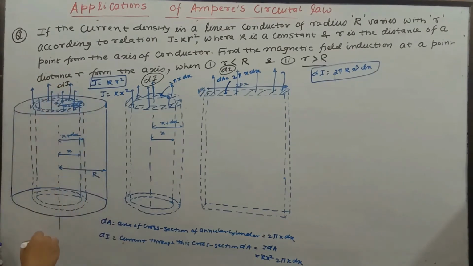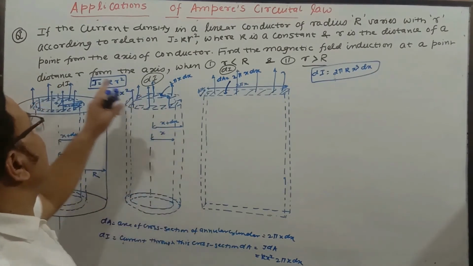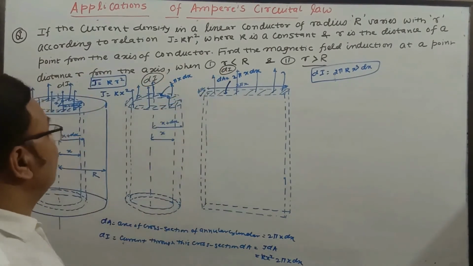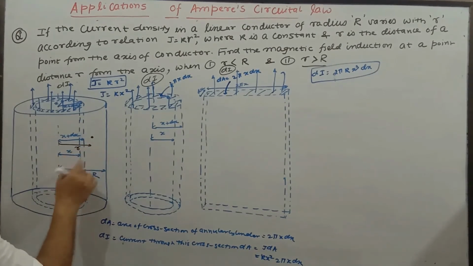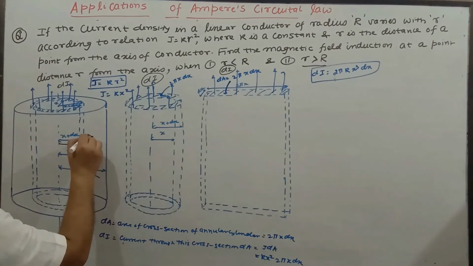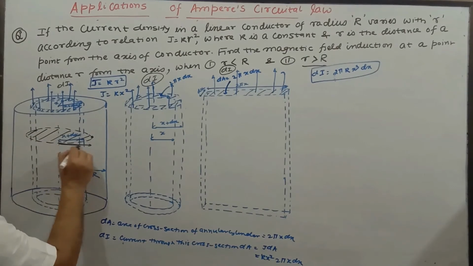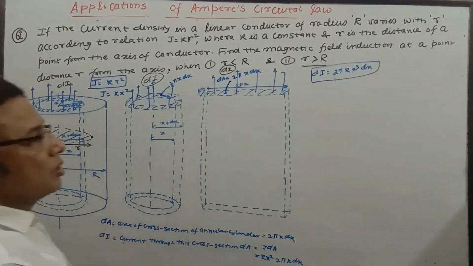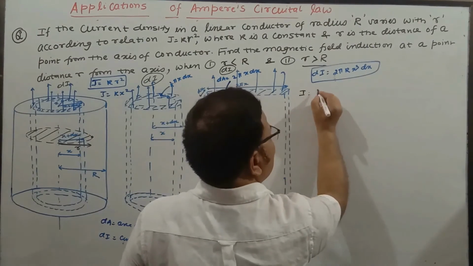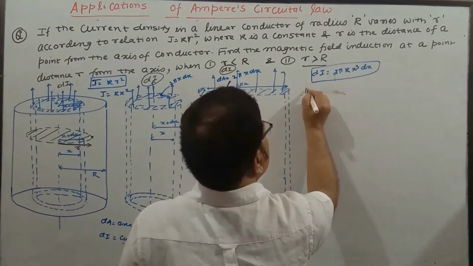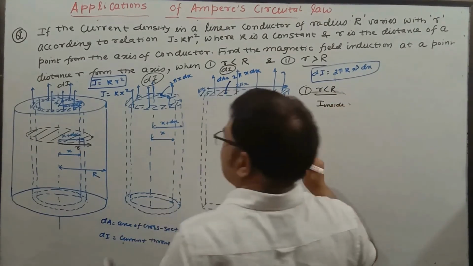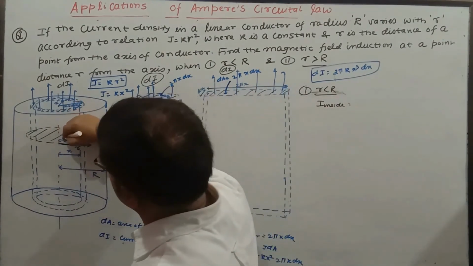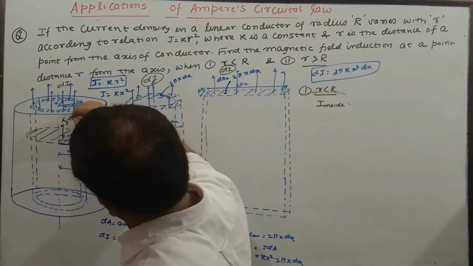But what are we given? We are given to find out the magnetic field due to this. So to find out the magnetic field, first of all, say at this point, this is the position vector r less than capital R, the first point. So we are going to draw an Amperian loop of this radius. What is this radius? Small r. So what is the net amount of current through this? First case we are going to discuss, r less than capital R. What is the amount of current inside at a distance r? Say it is I in.